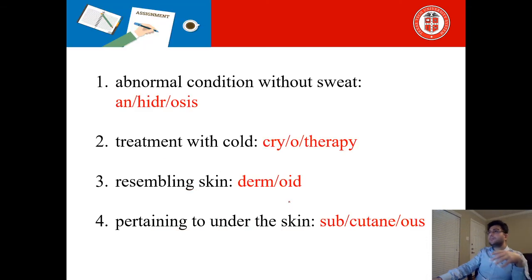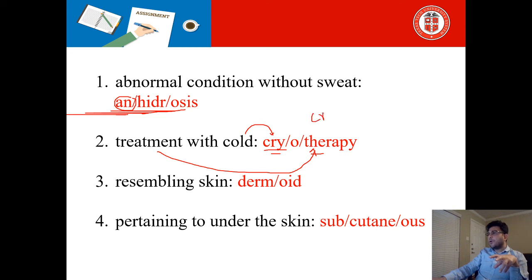All right, I hope you have come up with some answers. So the abnormal condition without sweat is an, which is absent, hydrosis, which is sweat. So if it's hydrosis, that's sweating. If it's absence of sweating, that's anhydrosis. And this is a new term, so I won't expect you to answer this question. Cryo is about cold, and therapy is treatment. So the prefix which is used here for cold is cryo. We have cryotherapy in the form of